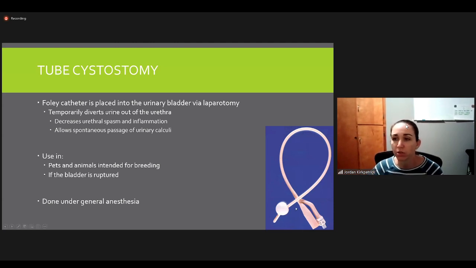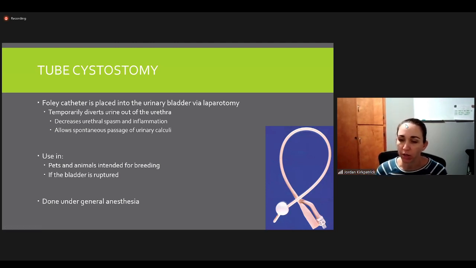An important thing to remember when you're doing this surgery is to always check and make sure the Foley catheter works. So inflate it with sterile saline and make sure the balloon holds and there's no leakage before you place it in the animal. And you always want to fill the balloons with saline and not air, because if for some reason the balloon starts to leak